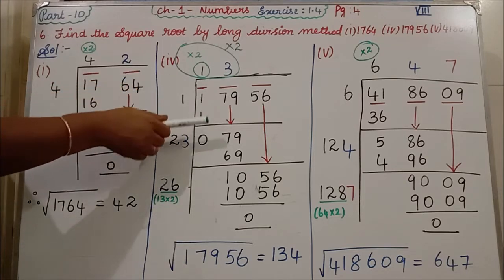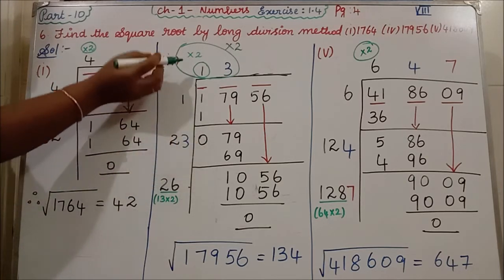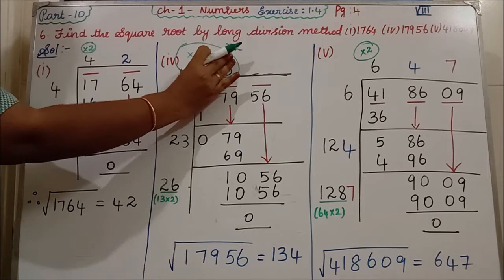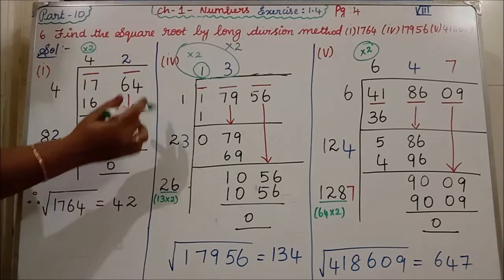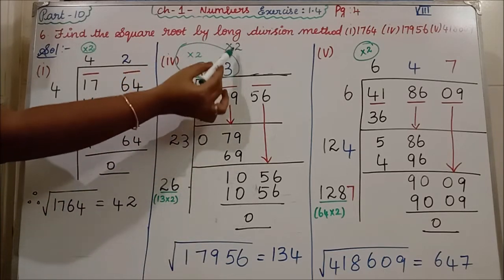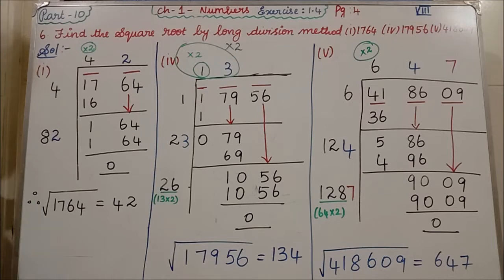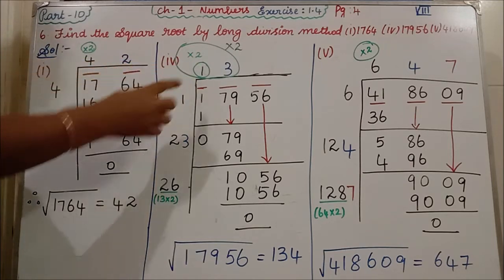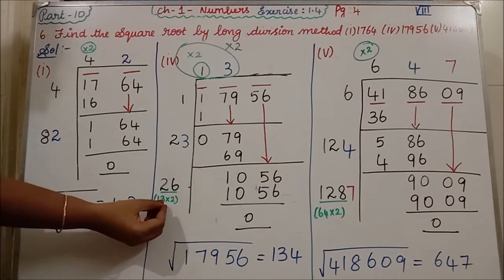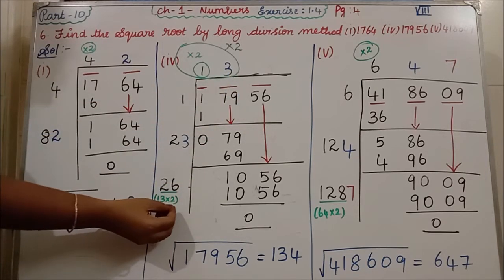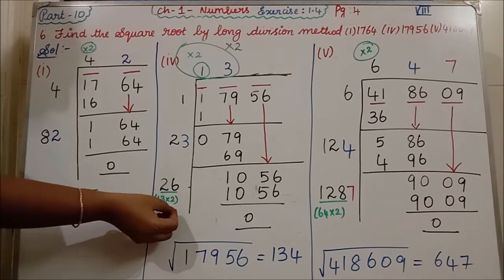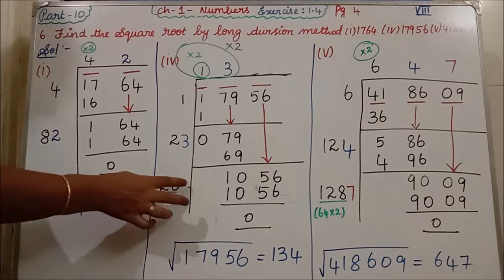From the first step to the second step, you multiplied only the first number, because by that time we didn't have 3 here. Afterwards only we wrote 3. Now from the second step to the third step we have 13, so the full 13 you have to multiply with 2. If you multiply full 13 with 2, what will I get? 26. That you write in the third step. Clear? I have written for your understanding this 13 into 2. How we got this 26: 13 into 2. You can take your pencil and write it down so that you will remember it when you are reading for the exam.